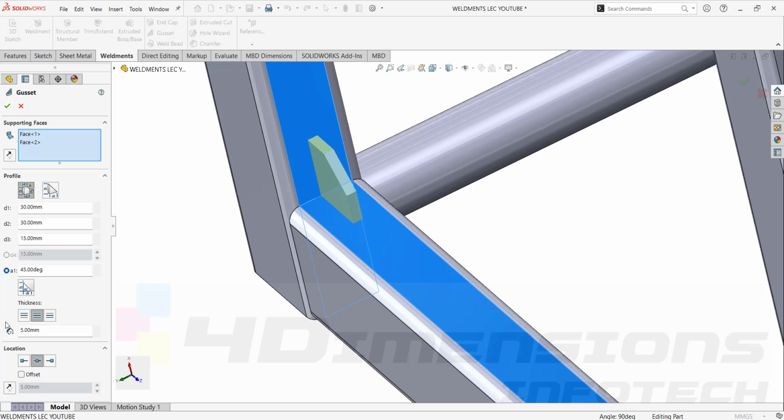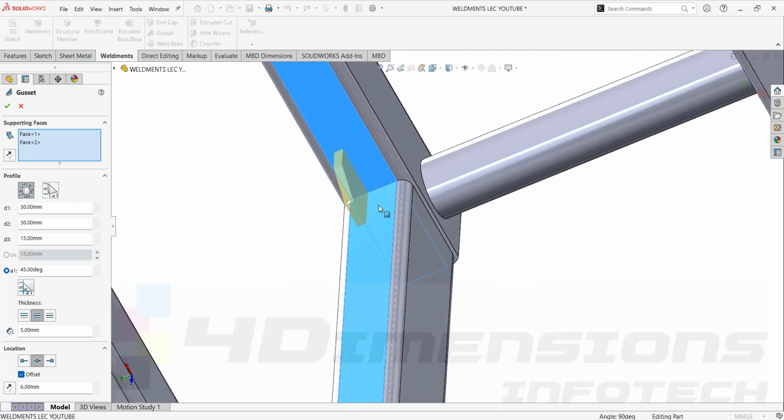So for the thickness orientation, there are options given here. You can see here about its own axis. You can make it at left side, right side, or at the middle, or else according to the face you can locate it at left side, right side, or middle. I'll select both the options here as middle only so as to orient this gusset at mid side. If I want it a little bit offset, you can go for this offset option also, and then put the value here. I'll say it's 6 mm. So now it is taking 6 mm from this edge to the inner face here, from this blue edge to this inner face. I'll turn off this option,